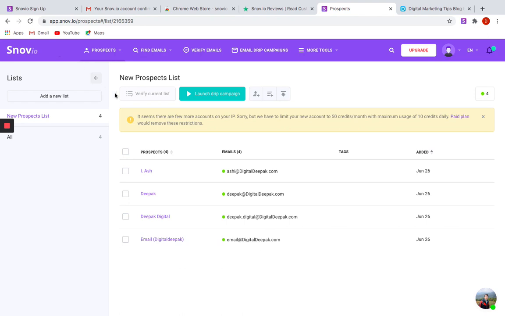So now let me tell you about its free plan and premium plan. With the free plan, you will receive 50 credits. First, let me help you understand what a credit is. A credit is basically a payment unit here that you can use for finding and verifying emails. After using each tool, you will be charged a certain number of credits. For example, to verify one email, you will be charged 0.5 credit for each green or yellow email. To find an email in single domain search, you will be charged 1 credit for all emails that you found.